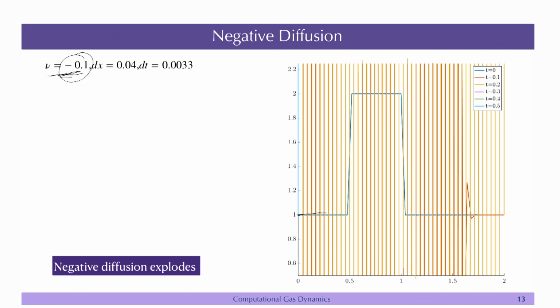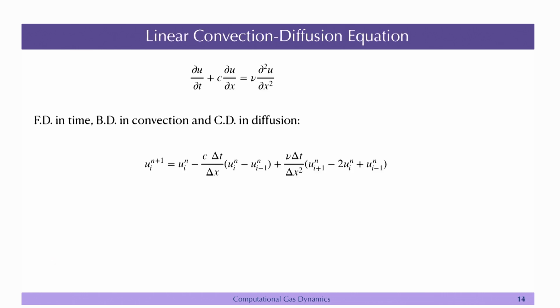So, now we have talked about convection and diffusion. Now, combine both of them: this is convection, this is diffusion, right. Just like we did earlier, we will use forward differencing for the time and backward differencing for convection, because c is greater than 0, and central differencing for the diffusion, because it is a diffusion problem. If nu is greater than 0, it stabilizes the system eventually. So, we will use the central differencing here, and once you do that,